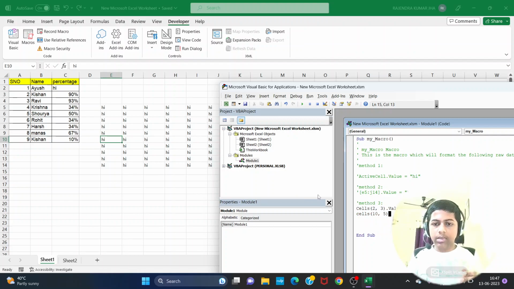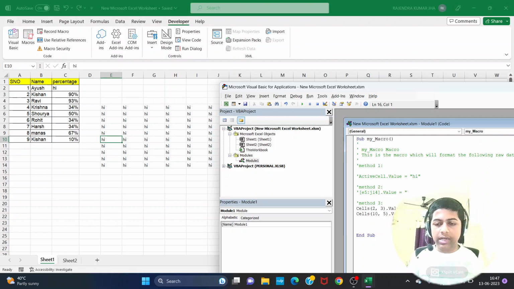Now when we write cells in brackets with double parenthesis and give 10 comma 5, it means from the 10th row index and up to the 5th column index, we are selecting the particular cell with the coordinates E10. So we are saying cells 10 comma 5 dot value is equal to